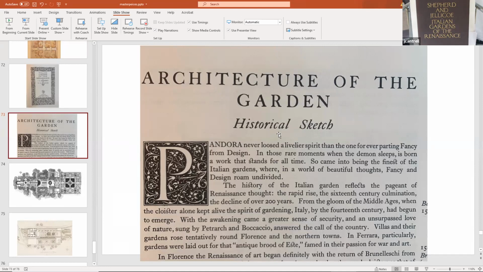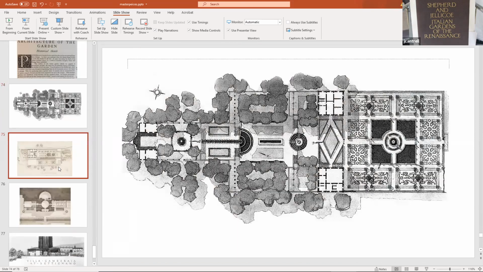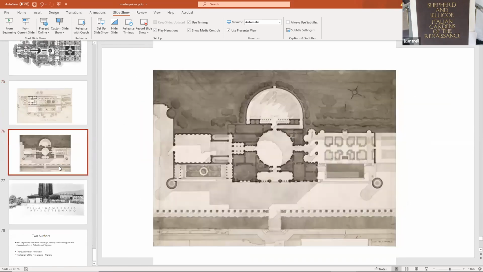It's interesting that they use these characters, fancy and design, as imaginary characters to guide you through the rest of the book. But fortunately, there is some literal prose you can understand and decipher. But it's nice to see that architects are using poetry and watercolors and drawings as this wonderful dialogue of the language of literature, poetry, and architecture.